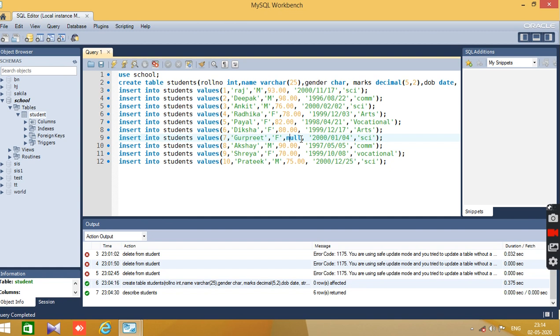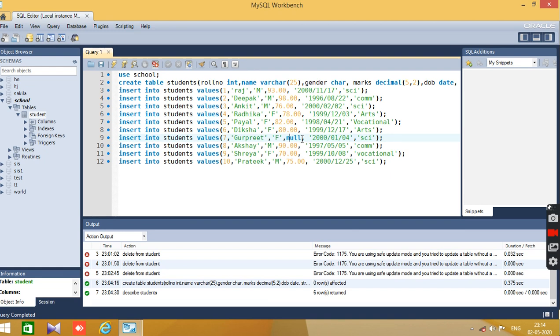Null means no value. Null का मतलब होता है कि उस particular student के लिए हमारे पास कोई value नहीं है. क्यों नहीं है? Because she has not given exam. But we cannot write 0 because 0 is the value. So remember, whenever you have no value, so you will put null for that.